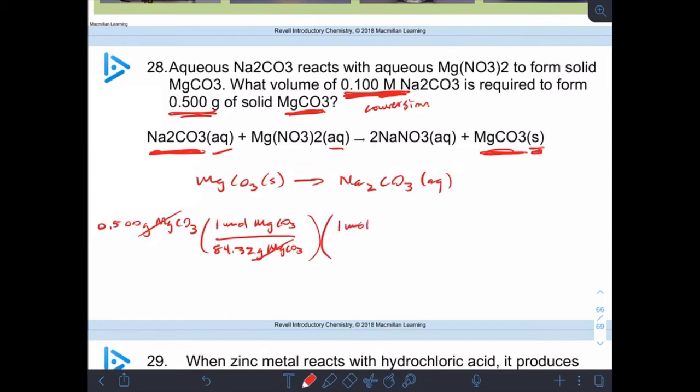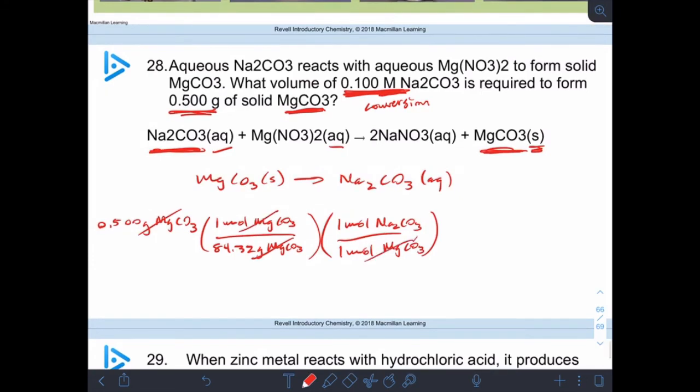Now that I know moles of magnesium carbonate, I can do a mole ratio. So there's 1 mole of sodium carbonate for every 1 mole of magnesium carbonate. Right? So moles of magnesium carbonate will cancel, and if I stopped here, I would have moles of sodium carbonate. Okay? Now, remember our molarity